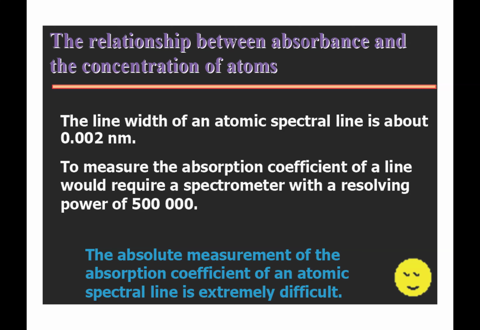That's what we realized. Because the line width, remember, the resolution is between two lambdas. So you get the difference. So you are measuring the resolution to resolve. You want to resolve that line, and then they are going to absorb within that line. Then you have to know it is a line width of zinc, it's a line width of copper, but you know the line for copper, but it is within that line width. So you need to resolve that line from another. So this was the limitation that he realized. And this is why he came up with the